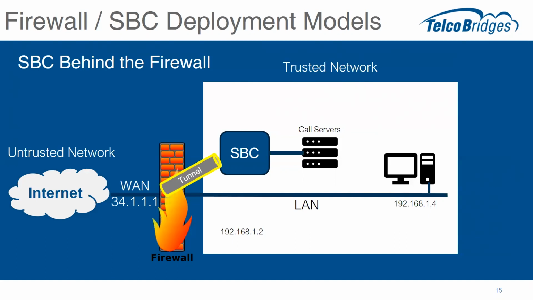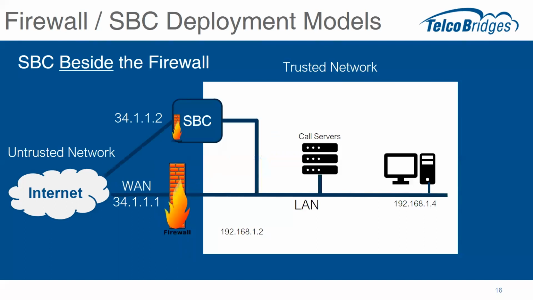Right. Yep. So again, this is fairly common. This is obviously pretty common also in enterprise applications where you're going to see an SBC sitting in front of a call server, again behind the WAN. If you do some poking around on the web, a lot of the vendors, when they talk about deploying their call server software with an SBC, that's one of the first things in their instructions, which is you basically have to go to your firewall and set up this tunnel, which is using port forwarding on the firewall to pass it. So the next configuration is when you put the SBC beside the firewall.